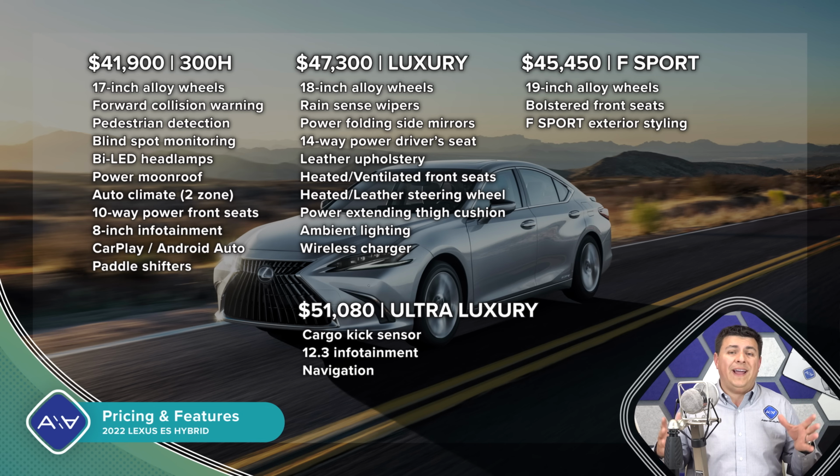The ES is still an unusual vehicle in the United States, even more so that there is now no longer any direct competition. We don't have the front-wheel drive larger Acura, the RLX. We don't have anything from Cadillac or Lincoln or Buick. The Cadenza's gone, the Azera's gone, and Acura's current flagship, which is still front-wheel drive, is the TLX,